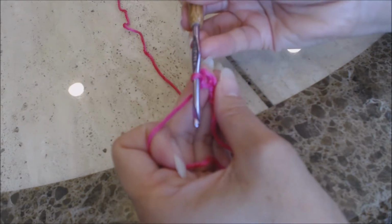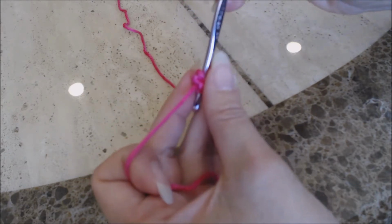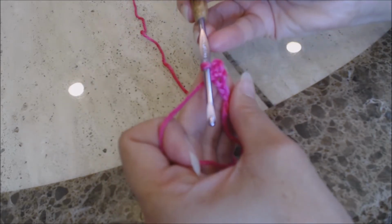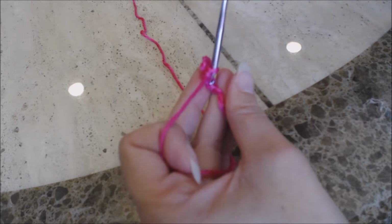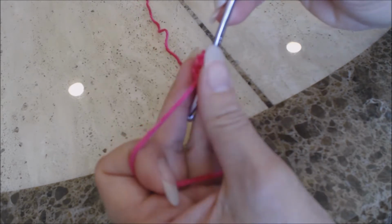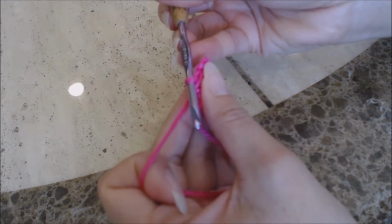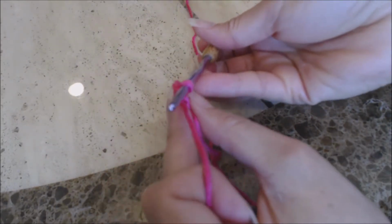for a slip stitch. And then I'm going to do a single crochet into the next stitch. Yarn over and go through both for single crochet, and then I'm going to do a slip stitch into the next and last stitch. So I'm going to go into that last stitch, yarn over and bring the yarn through both loops on your hook for a slip stitch. And then I'm going to chain 1, turn my work,